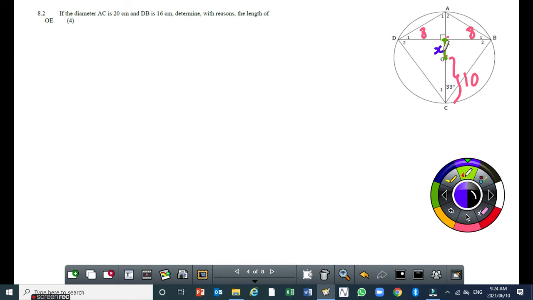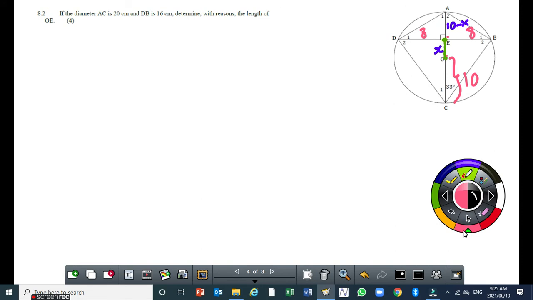So let OE be equal to X. If OE is equal to X, it means that AE is going to be equal to 10 minus X. Now, if you look at the diagram itself, with all that information, it would be impossible to directly get the length of OE. So my suggestion would be